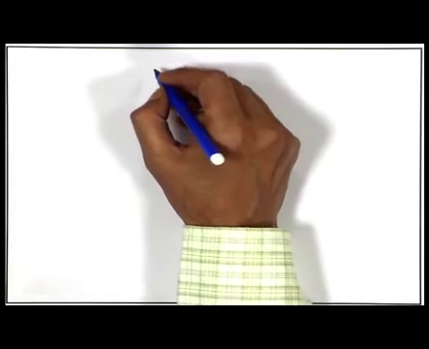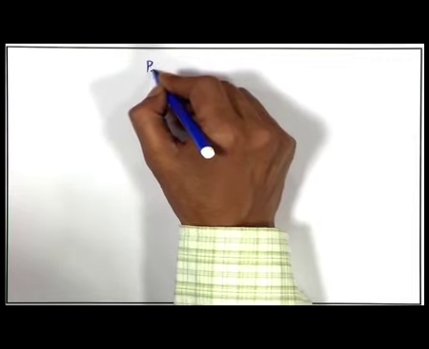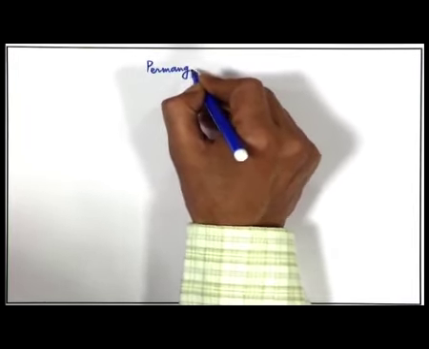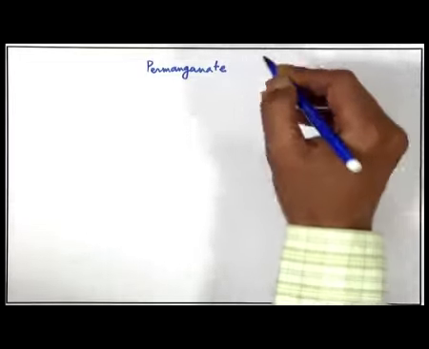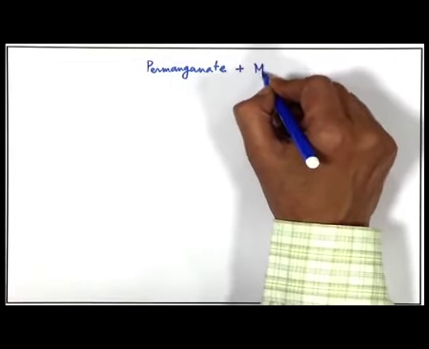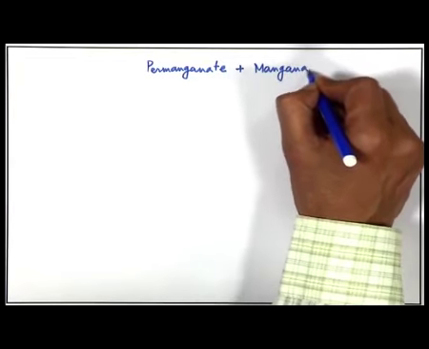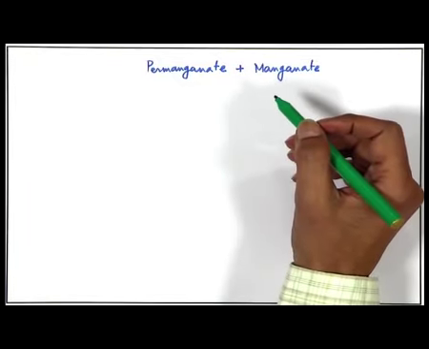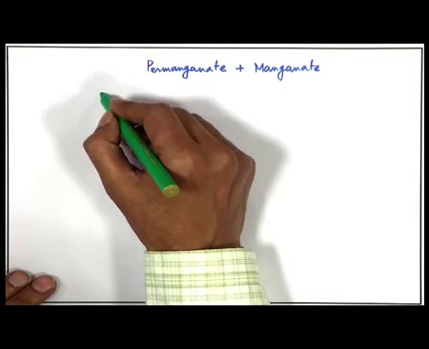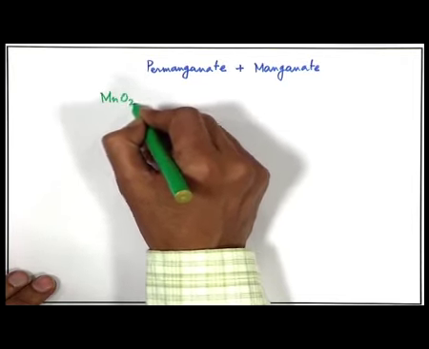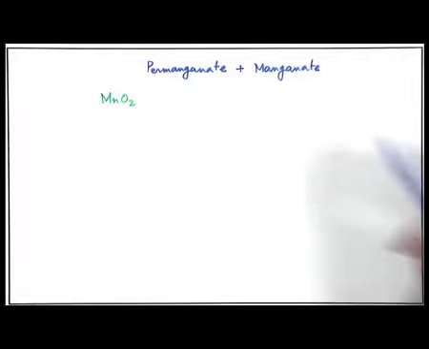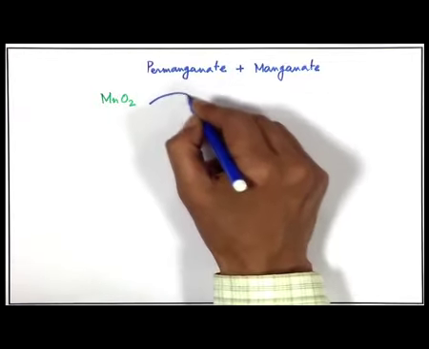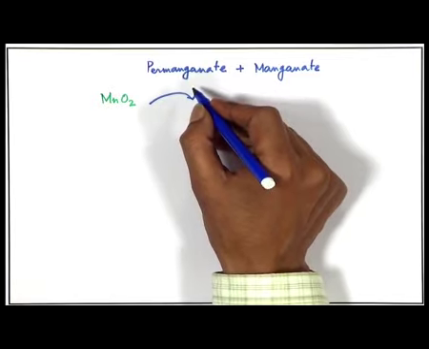So, simultaneously or in parallel we can have two other compounds which are analytically very important. Those are permanganate and manganate. And there also we will see that for permanganate and manganate we can have the ore, like our chromite ore. In this particular case it is the pyrolusite, and this pyrolusite can be fused